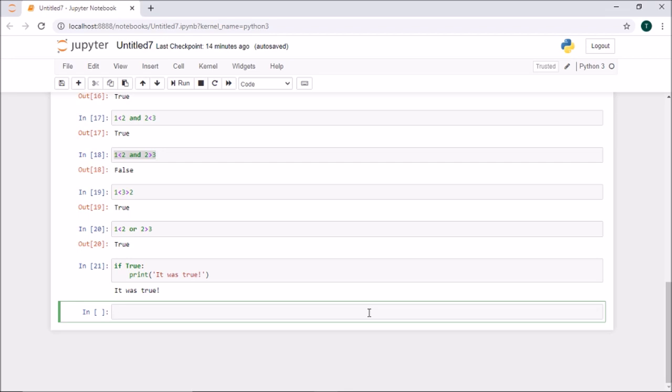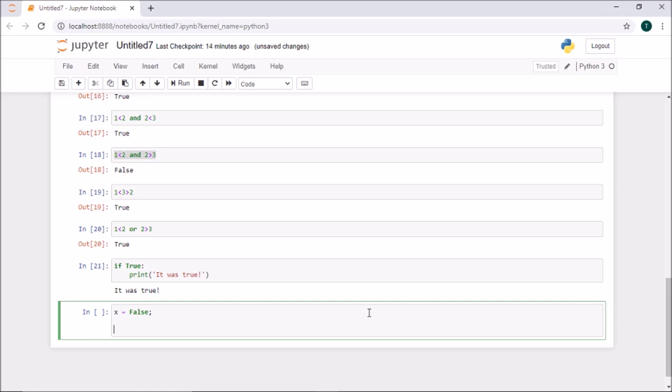Okay, so I'll add some more logic here. Consider a variable x to be true. Consider x to be, let it be, False. So what is my x? x is False, right? Boolean logic.